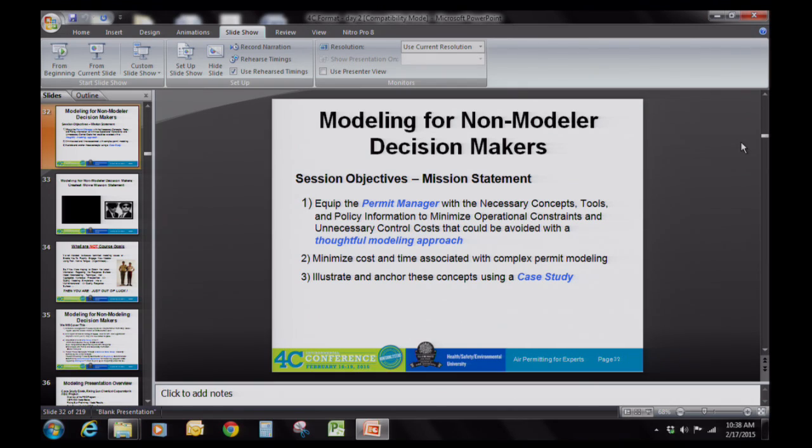So we're going to spend a little bit of time, hopefully before lunch, we'll see how far we get, talking about modeling. And when I put together a modeling presentation, I wanted it to be geared more toward a permit manager and give the permit manager the necessary concepts and tools and explaining on a little bit higher level than I would an actual dispersion modeler who's clicking the keys and wondering if he should use a low or medium surface roughness factor and all that kind of stuff. So I thought the best way to do that might be to go through a case study and evaluate it that way,